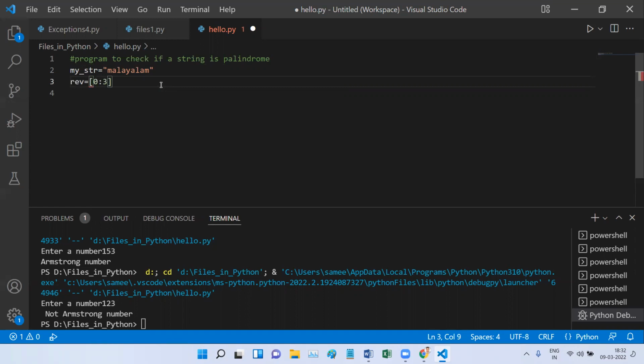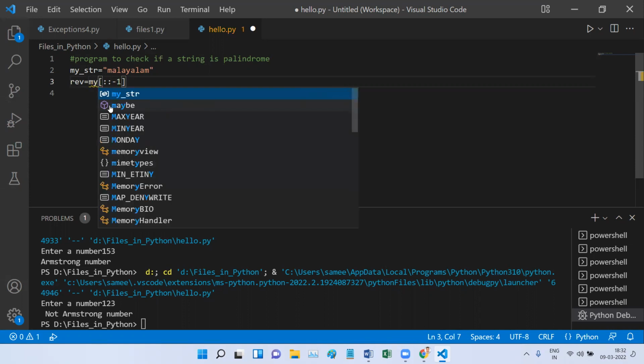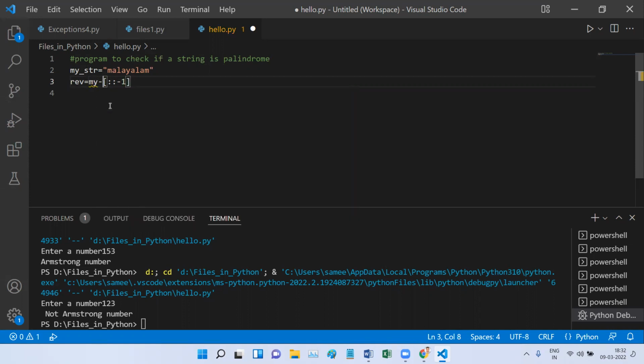It will start from 0 and take you up to 3 elements. This is how you slice. But I also mentioned you can have an empty bracket, and in the end you can have -1. Let me just give the name of this string, my_str.